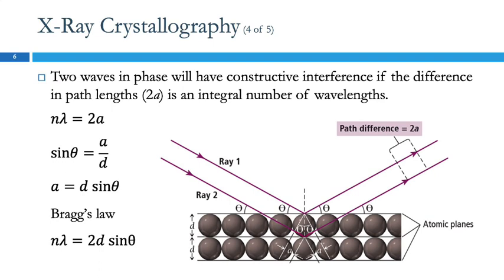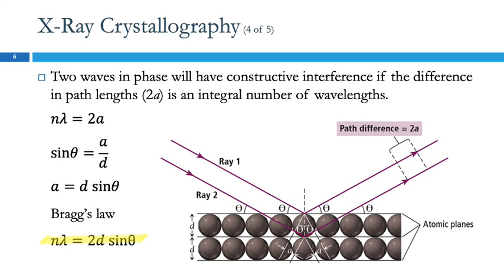say, equal to a wavelength, or 2 wavelengths, or 3 wavelengths, then we're going to see constructive interference as a result. So we'll get constructive interference if the difference in the path length is an integral number of wavelengths, just 2, 3, 17 wavelengths, whatever. And so this basically is geometry, looking at this, and the end result is Bragg's law,